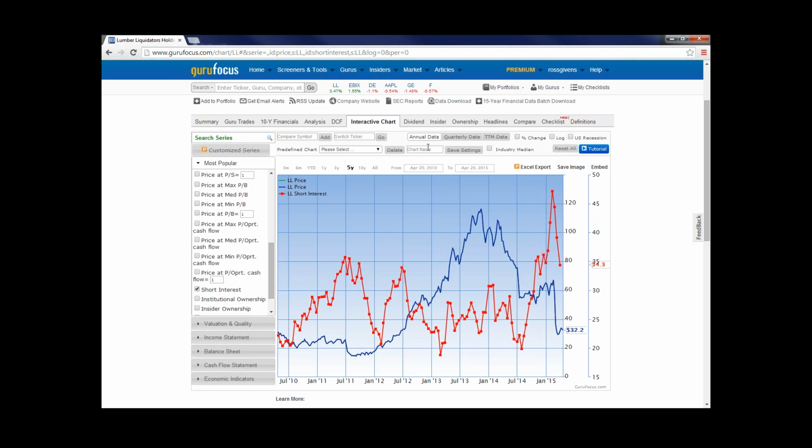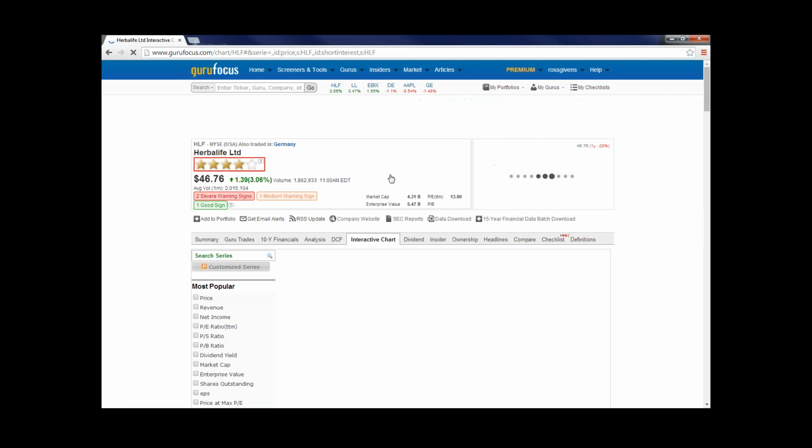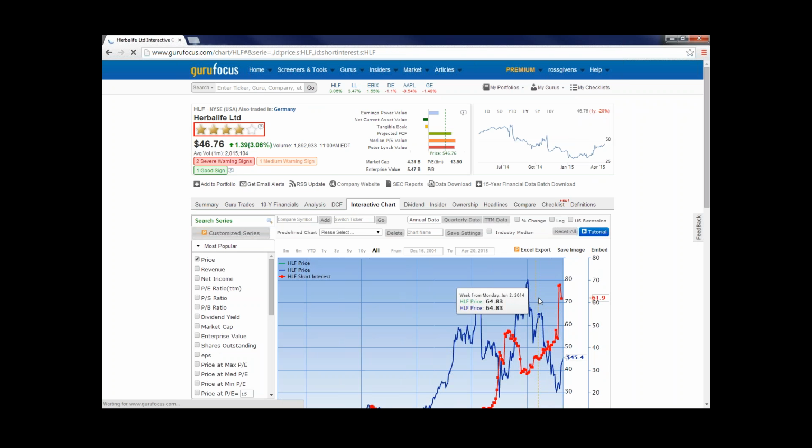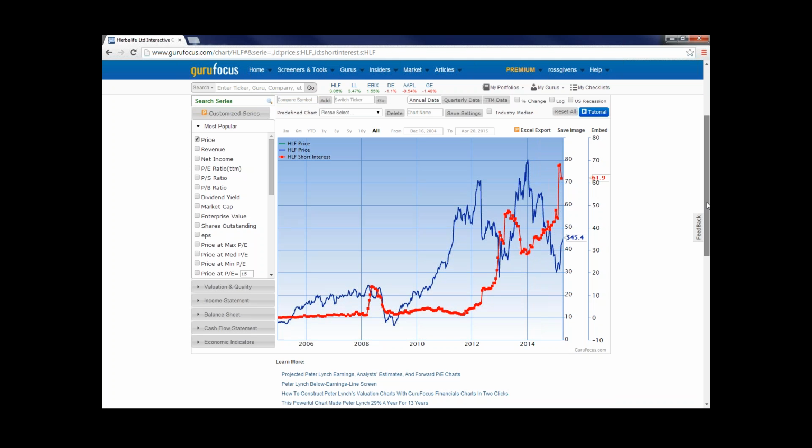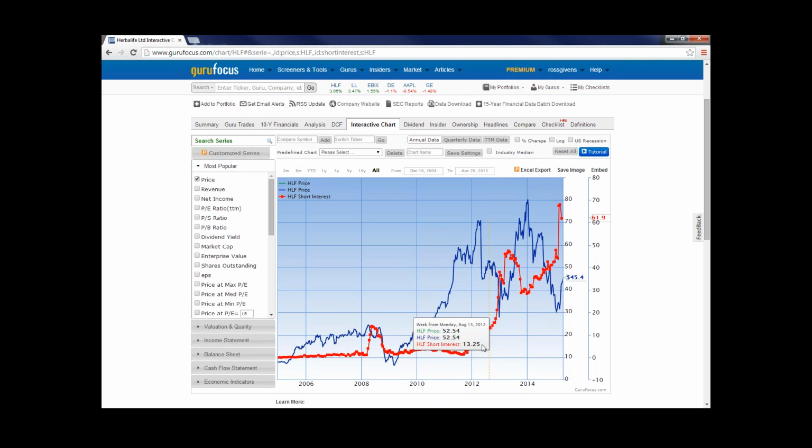Another one that comes up is Herbalife. This is the Ackman battle. That has been really exciting on Wall Street the last couple of years. But we look at the same thing with Herbalife here, right? When Ackman began building a short position, he was shorting every share he could, and we saw this build up. And then you see when that short interest dips here from 40 down to 30, at that same time the stock price went from $40 a share to $80 a share. So that short covering